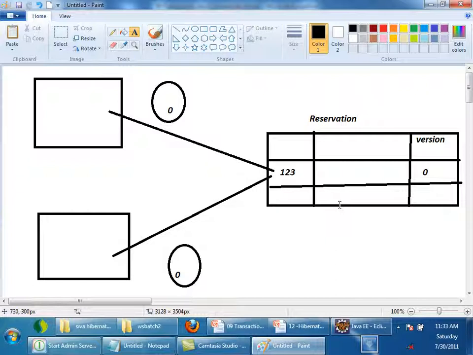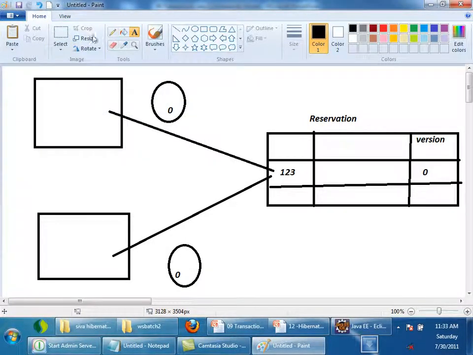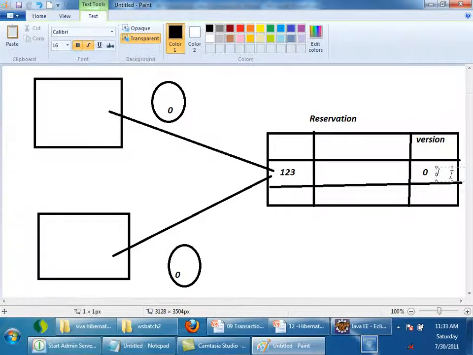In memory the value is 0. Here the value is 0. So it will increase the version to 1. Let's assume this transaction has first committed the data. Now the value here will be 1. I'll just write it here. It should be 1.